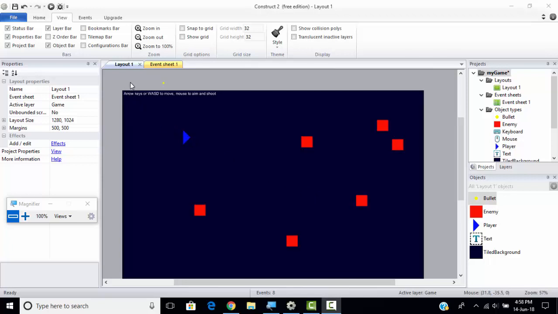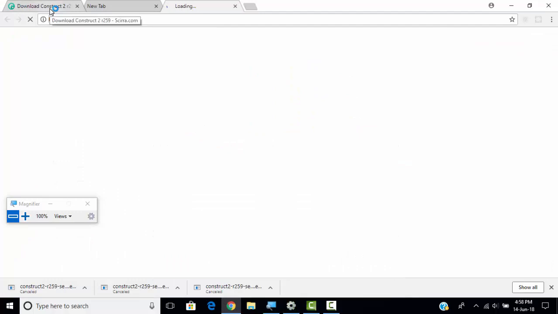So guys, let's see how we can run the game that we have seen in the template, my game. Let's run that game by clicking on the run layout button. Let's do that. So now you can see that you can move your player